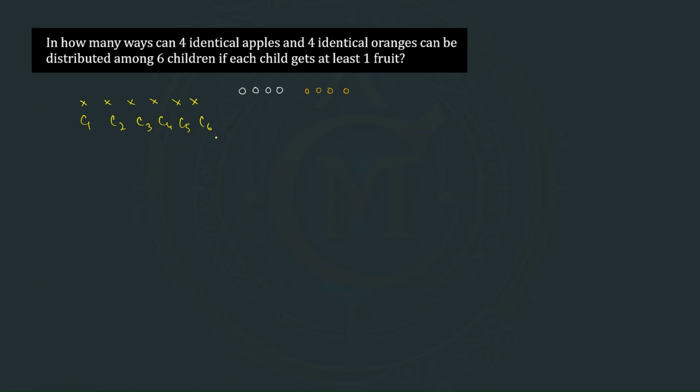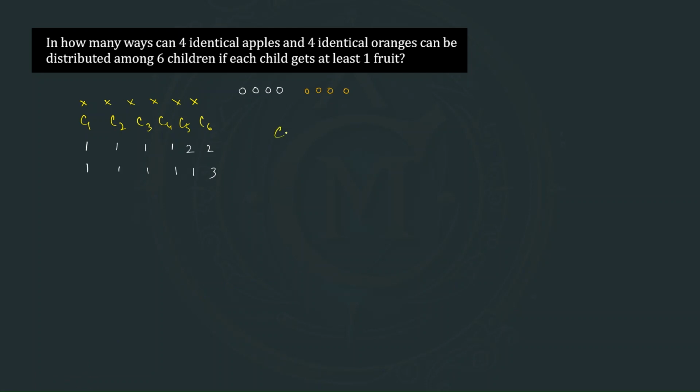So we can think about taking cases. So first let us try to understand the combinations. What will be the possible combinations? So now as each child gets at least one fruit, let us take this combination. So we give one fruit each to these four children. So here we will give 2 and 2. Similarly, we can take this case 1, 1, 1, 1, 1, 3, and we have to consider all of its possible permutations.